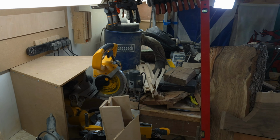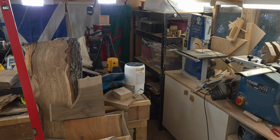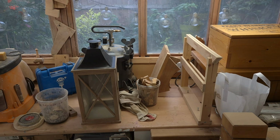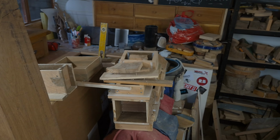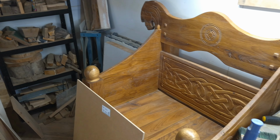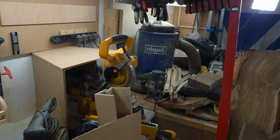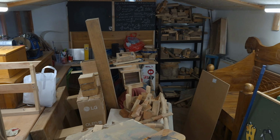Do you remember the video that I made about building your workshop, where you had to live with it for a while to see how it worked, and then change what didn't work? Well, that's what I'm doing. Certain things in here just don't work for me, so we are moving things around. We are feng shuiing it. So it is a bit of a bin, but by the end of today, it will all be back together